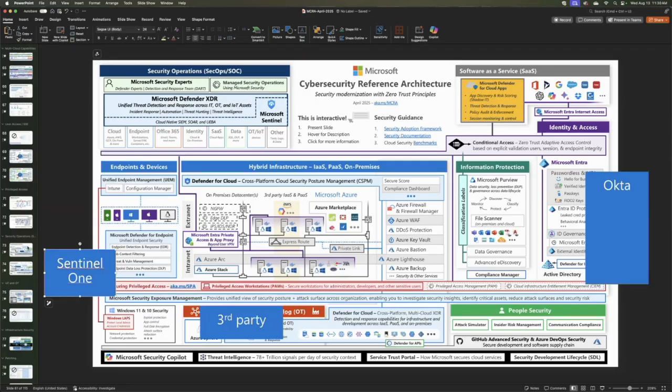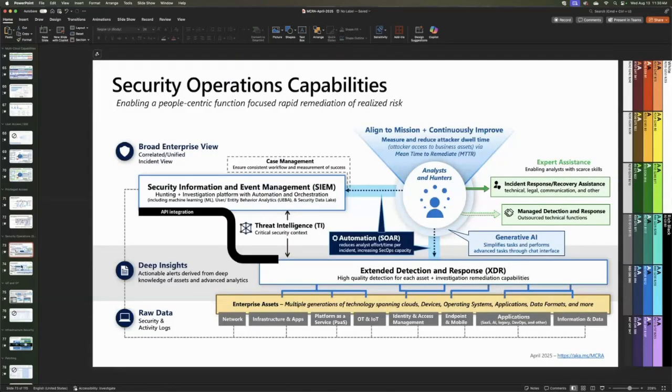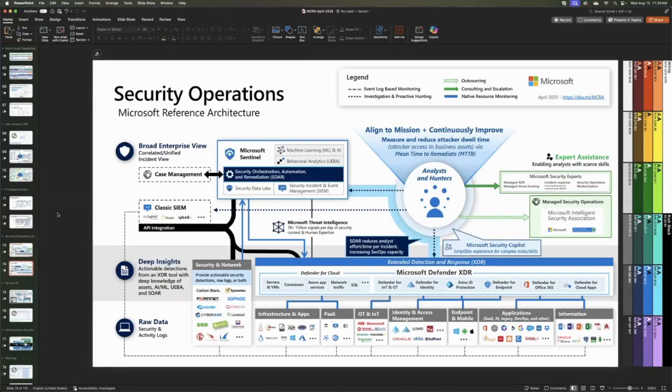And let me just, to further illustrate your question there, Shannon, fast forward a little bit to this slide. This is kind of a cool slide. This is security operations. The way I think about that previous slide is, that's the architecture. That's all the components that make up my cybersecurity posture. Well, now how do I operationalize it? Meaning, when an alert comes in, what the hell do I do? Well, we've got to think about what kind of metrics we need to hit, right? So there's a thing called MTTR.